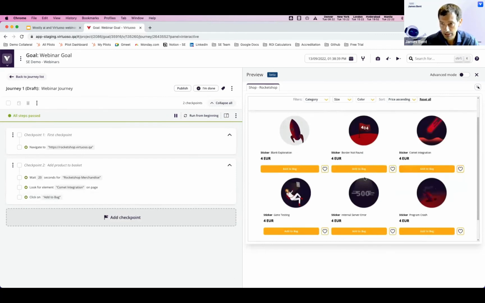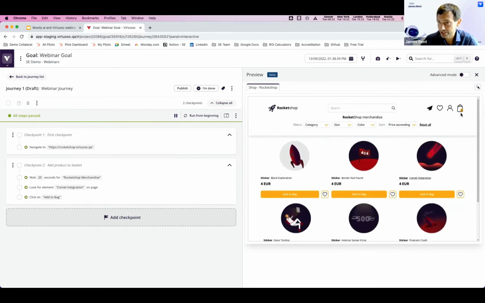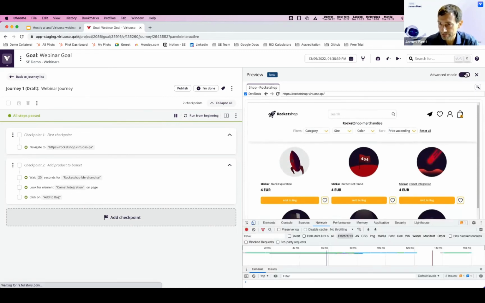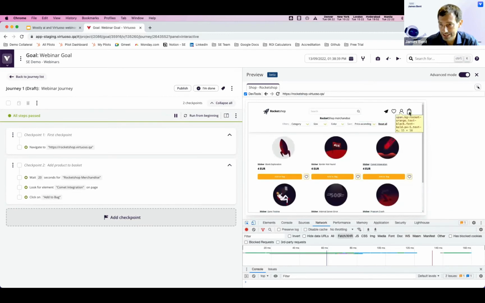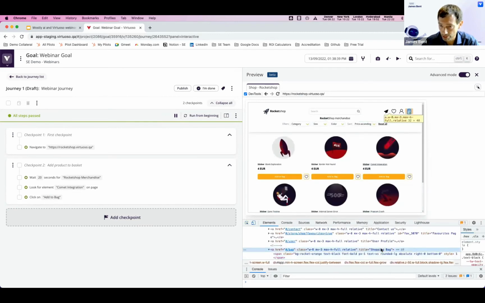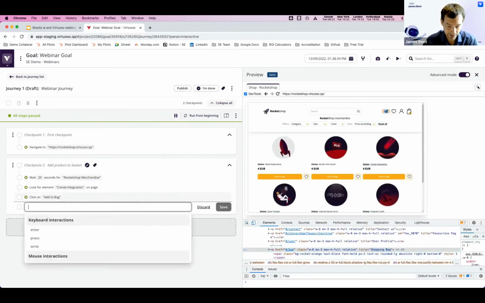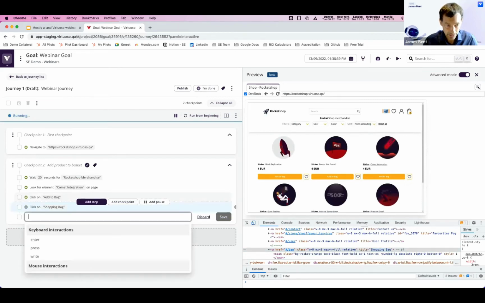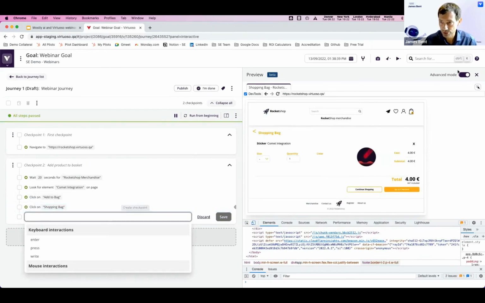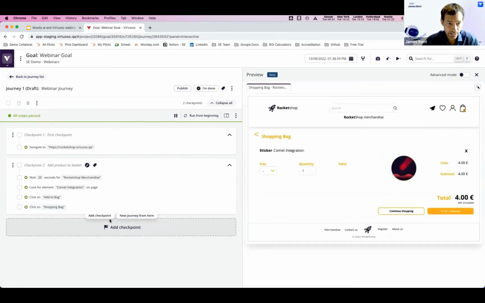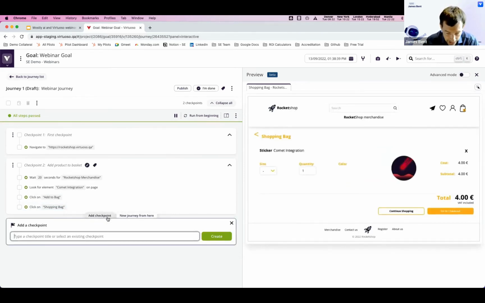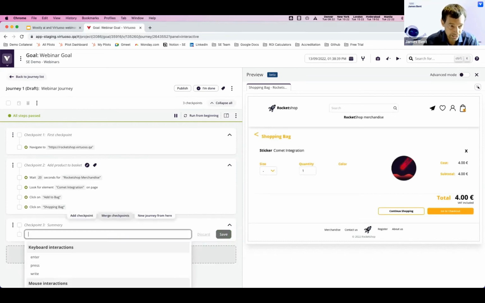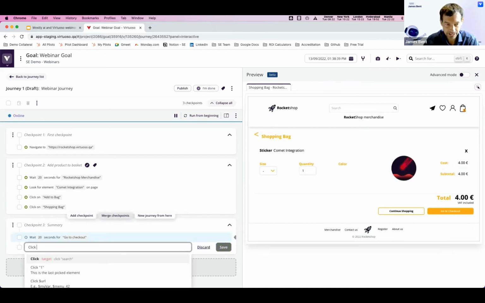and shows me it's gone green. Next, maybe I want to click on this icon, but I don't know what it's called. So I could go into the dev tools. I could then click on that and see that that icon is called shopping bag. So then I know that if I say click on shopping bag, I can interact with that even though I didn't know what it was called based on the UI. So now we're into the summary. So let's just say now wait for, let's go to checkout because we've moved page. And then I'm just going to simply click on go to checkout,